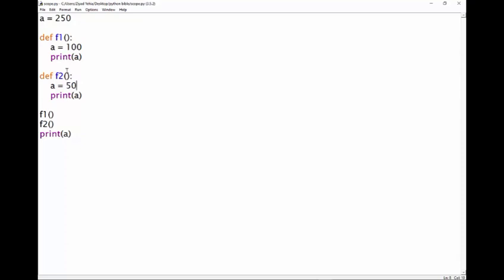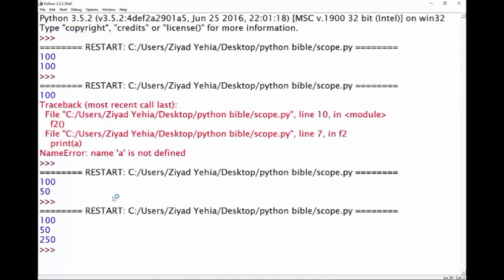So for example, let me create a variable called B and set that equal to A plus 10 inside of here. So I'm going to say B is equal to A plus 10, and I'm going to print B in here. Now I'm going to leave F2 the same and keep all this the same. Now what we're going to see when it runs,